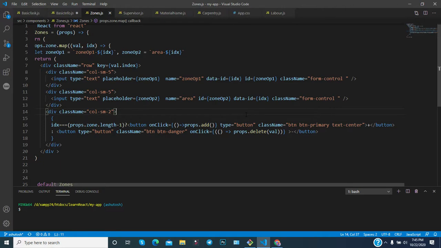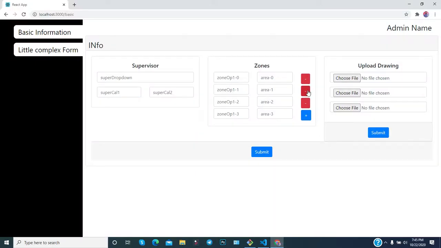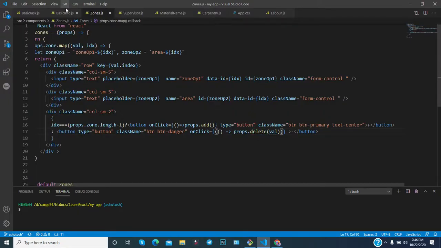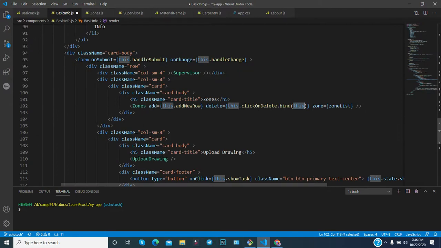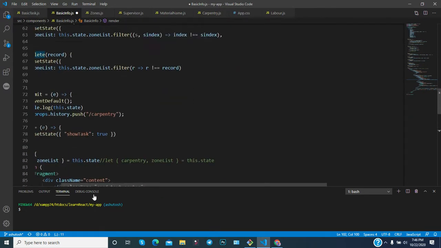No issue on that. You have passed the value here. So if you click any of the rows, that particular value will get passed to that method, and that method is used in the parent component, click on delete.